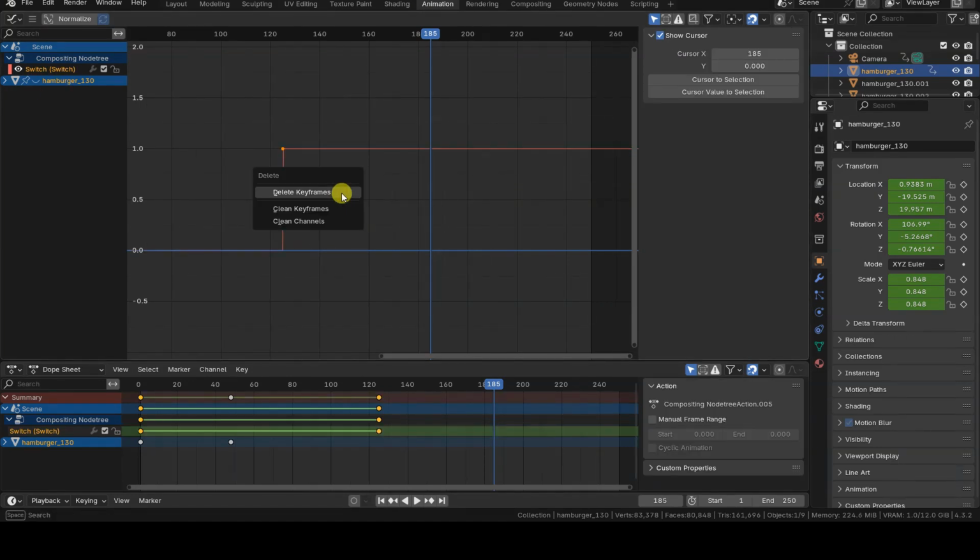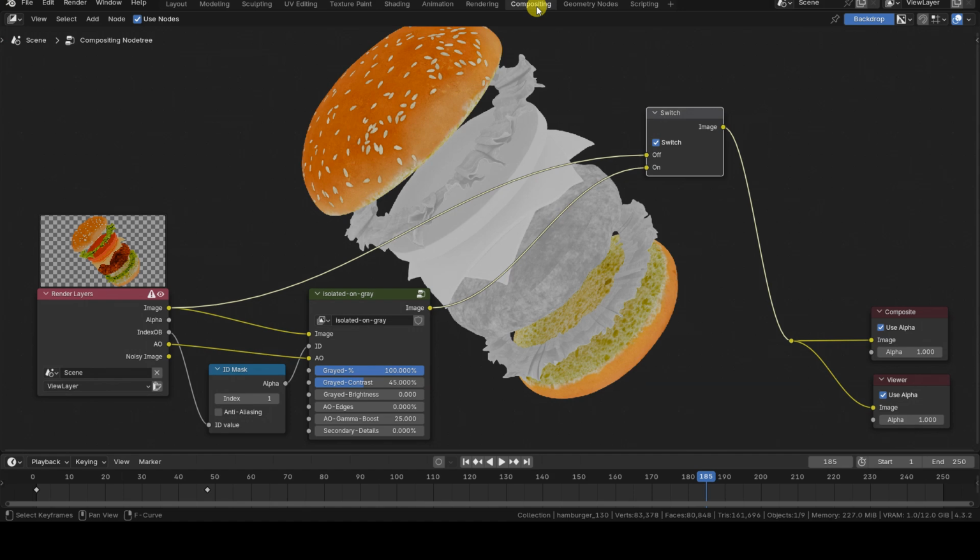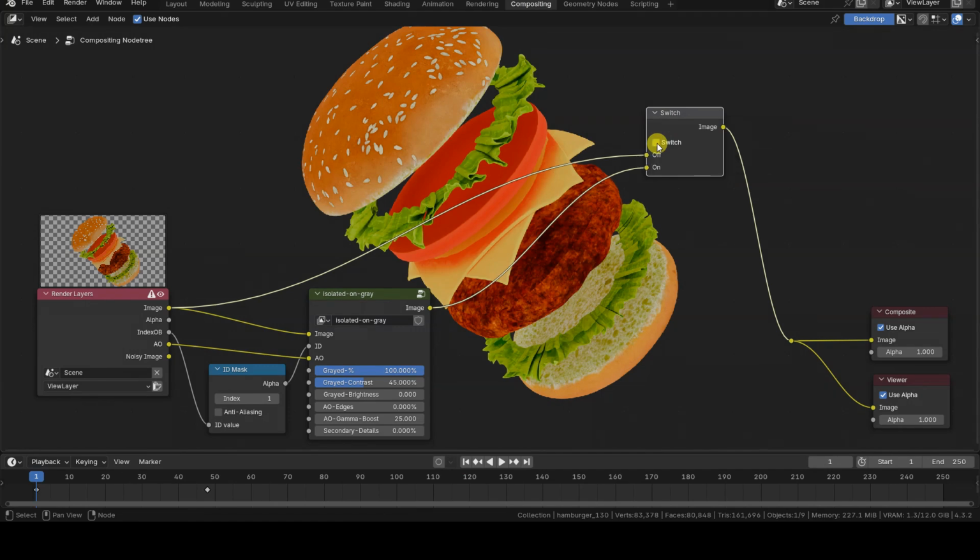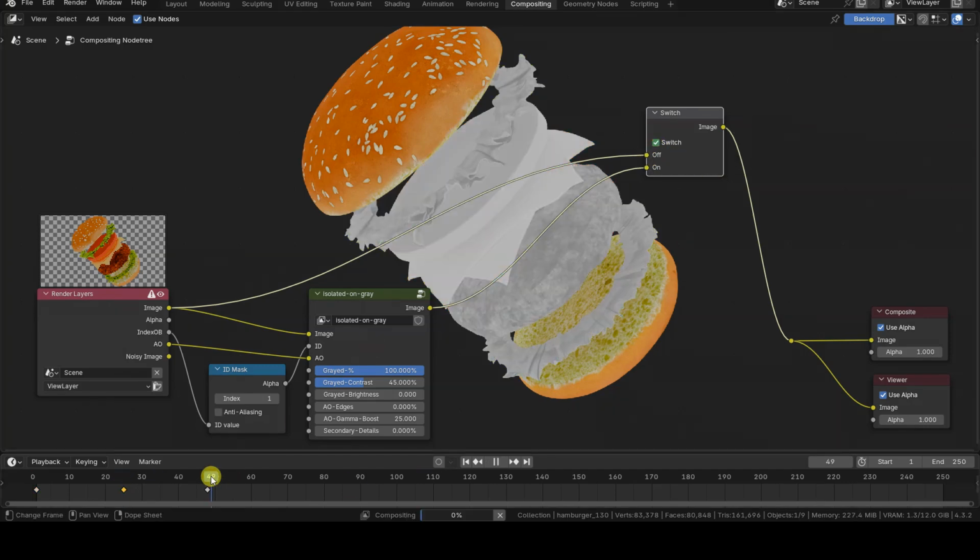For example, to use the cycle modifier, you need to insert a keyframe where the switch is deactivated, another keyframe where it is activated, and a third keyframe where it remains active. This creates a basic cycle, with a duration for the inactive phase and another for the active phase, controlled by these three keyframes.